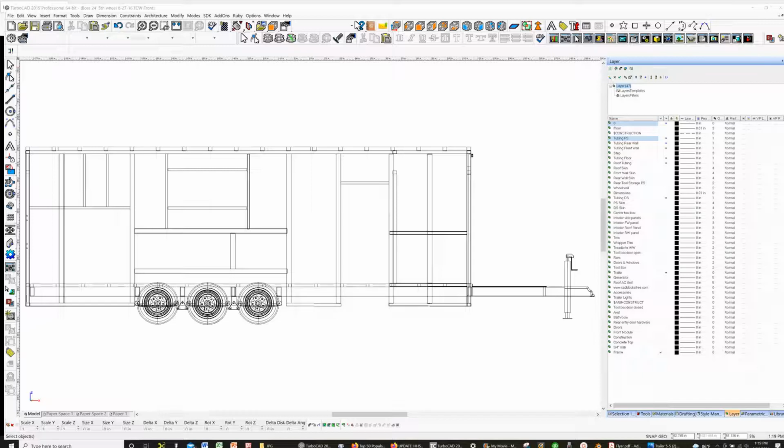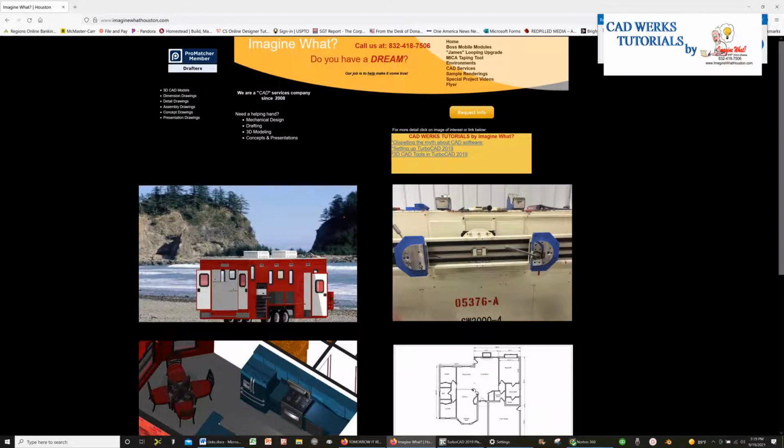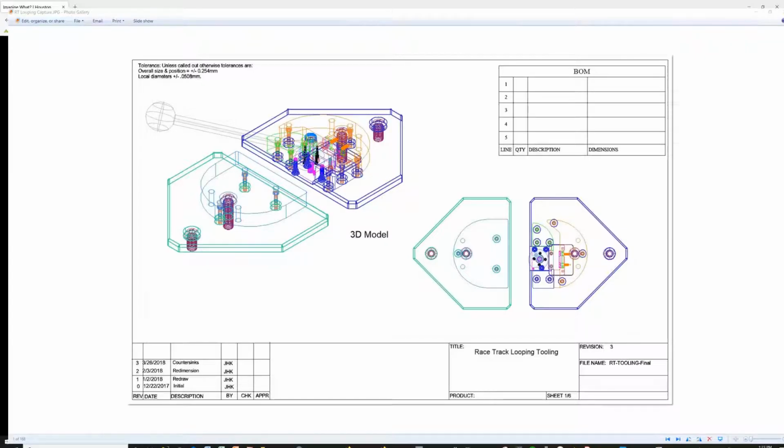Now, a more common application for 3D models, if you look over here to this picture, to the right of the trailer is tooling. Okay, when I draw something up, the machine shop doesn't ask me for something in SolidWorks or in AutoCAD. What they say is, can you send me a step file? 9 out of 10 machine shops want a step file. They can drop that into their